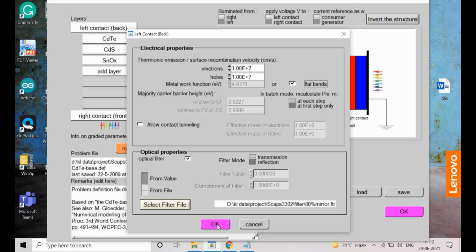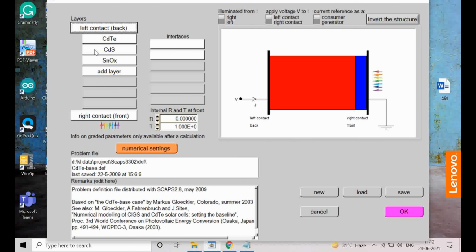Okay, then you click OK, and now you are sure about your back contact. The back contact is important because you are making a contact with a metal. You will choose a wire that is a metal, and then connect it with a P-type semiconductor.